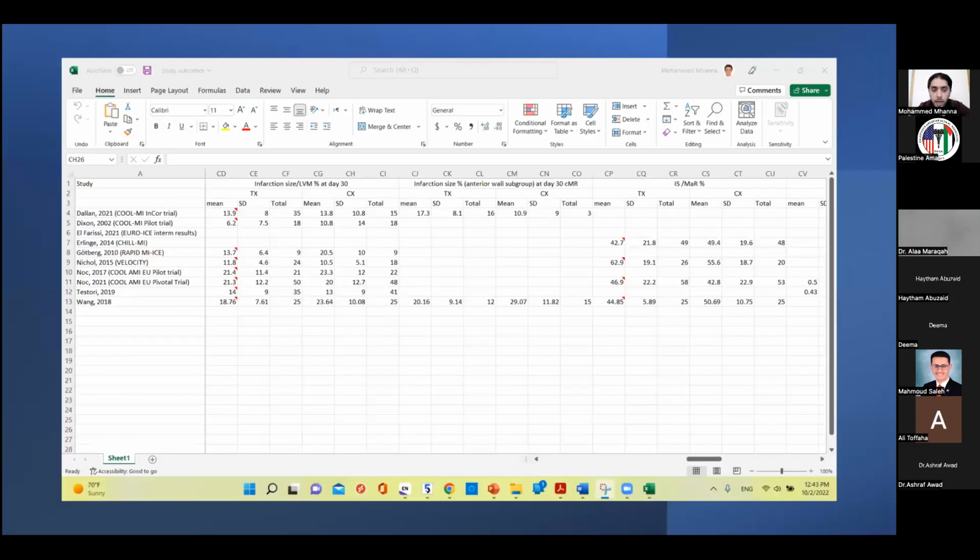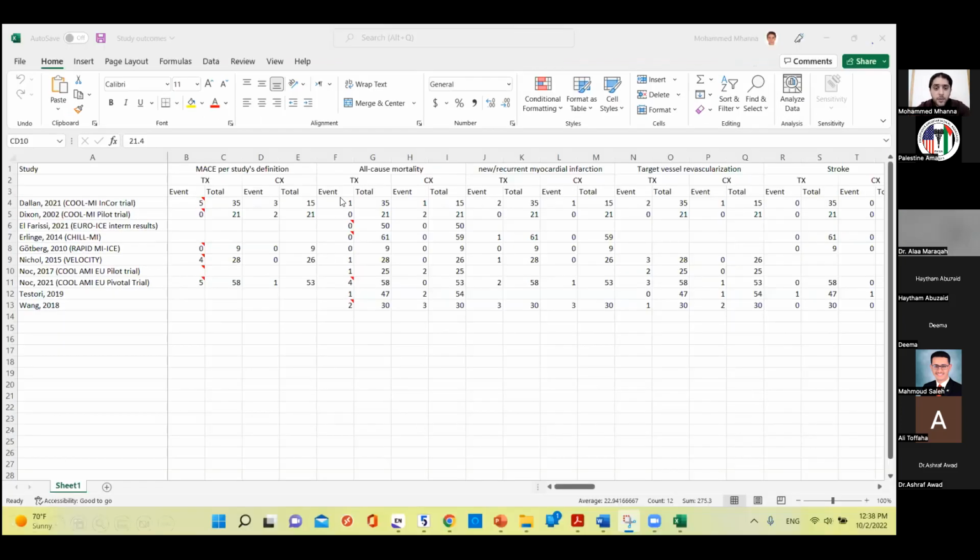So can we pool the data as we did in the baseline characteristics? Can we just pull the numbers for the outcomes for your main outcomes? Actually, you cannot do that. You cannot just say here that we had 1, 2, 3, 7, and 10 deaths and the total in the therapeutic hypothermia group out of these numbers, because